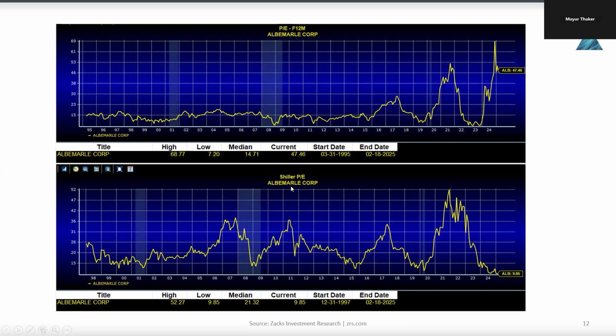However, if you're focused on long-term earnings, meaning normalized earnings, meaning an average earnings base over, say, a 10-year period, which is what the Shiller PE does, look at the multiple compression. This is now trading at under 10 times average earnings over the last 10 years. And that matches basically an all-time low that we have seen repeatedly over the last 30 years. So this, in my view, just my opinion, could be wrong, but this is a multiple compression that we would